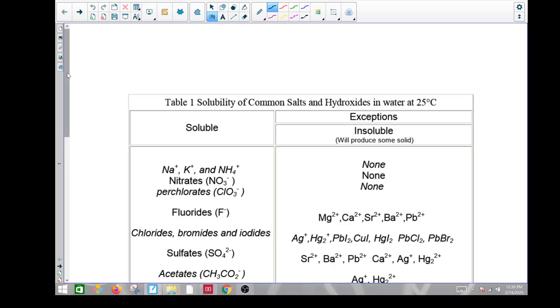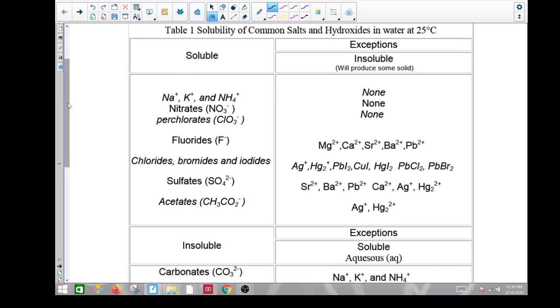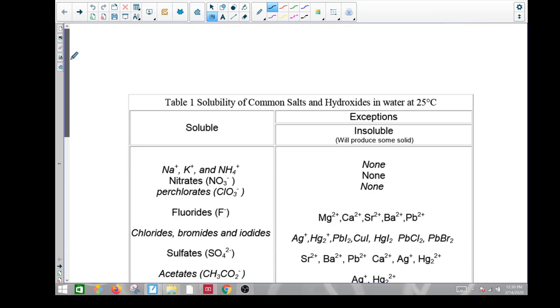Our solubility chart is often used in honors chemistry or advanced chemistry to determine whether a substance is soluble or not. In this situation, whether something is soluble or not really is not a yes or no question. We will deal with it as a yes or no situation, but in reality, it's something in between these two things. This particular chart is only going to deal with ionic compounds,